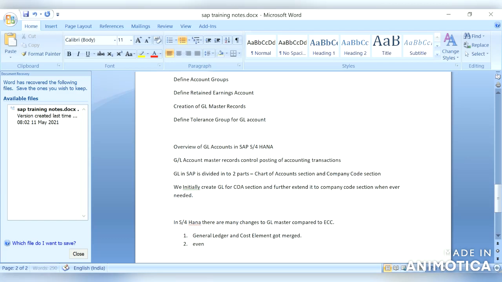Even if we try KA01, it will direct to transaction FS00.